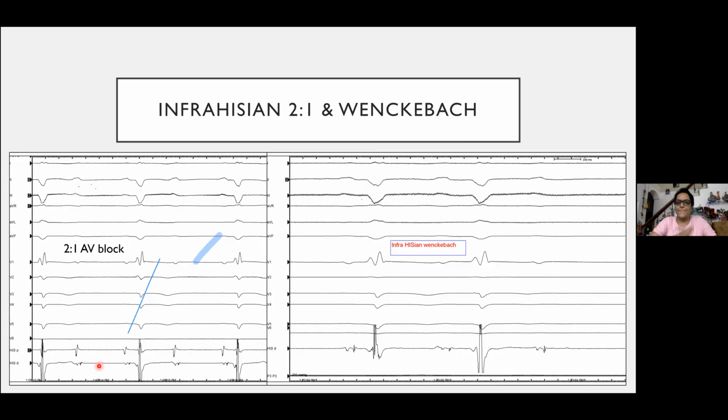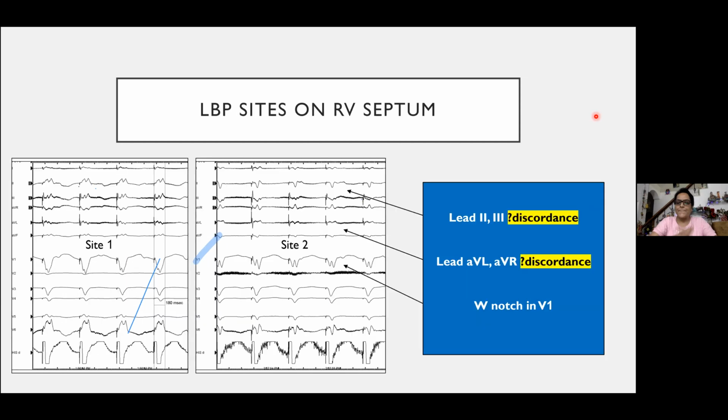And this was also seen in 2:1 AV block in this patient. You can see infrahisian block and a simple infrahisian Wenckebach with just RBBB response. So this patient had all kinds of conduction abnormalities that you can think of. So his bundle was clearly a no-go for this patient. We didn't even try his bundle in him. Although I have done some cases in which you can reverse his bundle pacing. You can reverse infrahisian block, but certainly not for this variety.